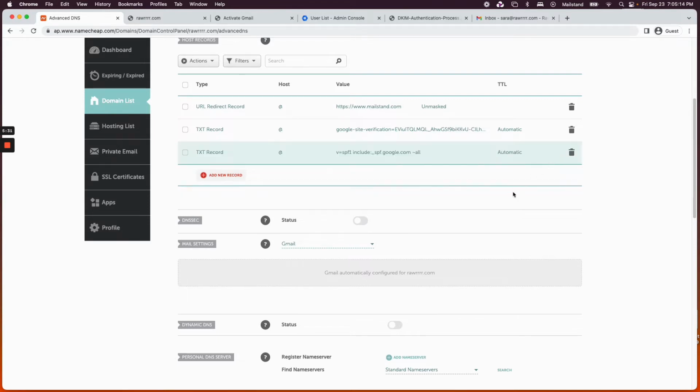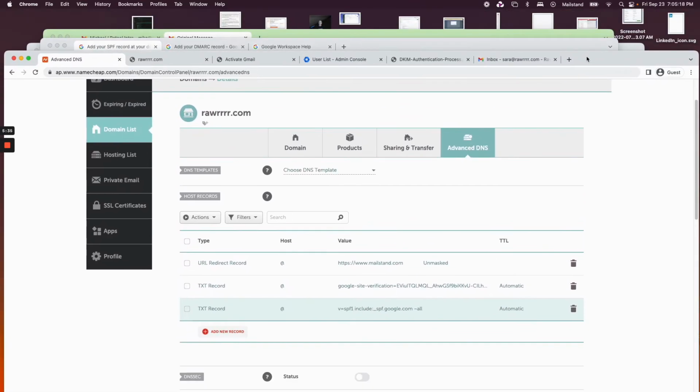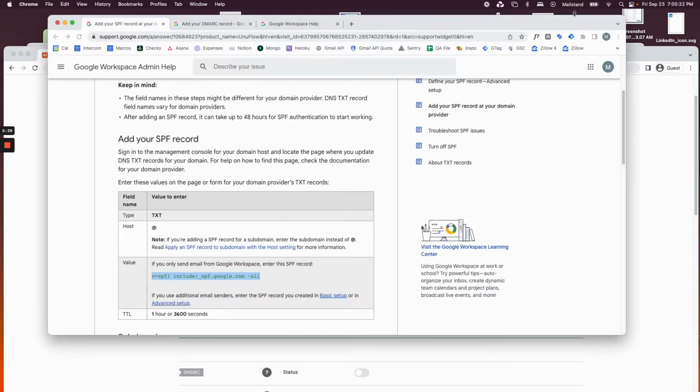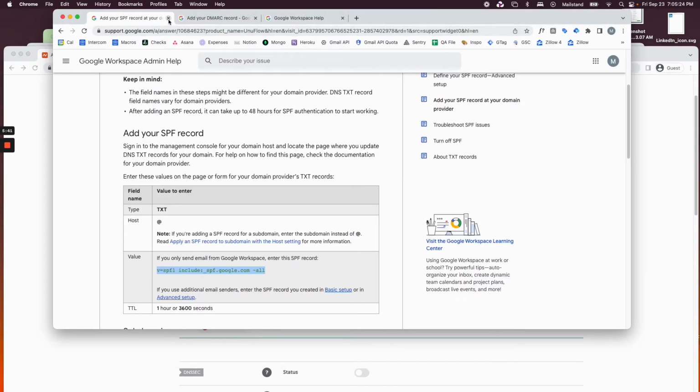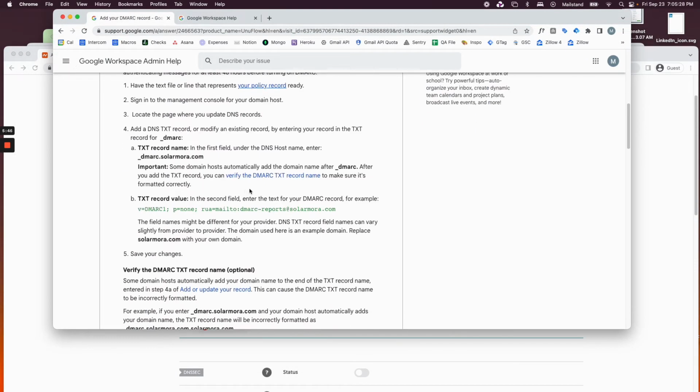And so, boom, right there, you are good to go. Your SPF record is set up, but again, it does take some time. All right, and so now the SPF record is done. All right, so DMARC, basically what you're going to do is take this,